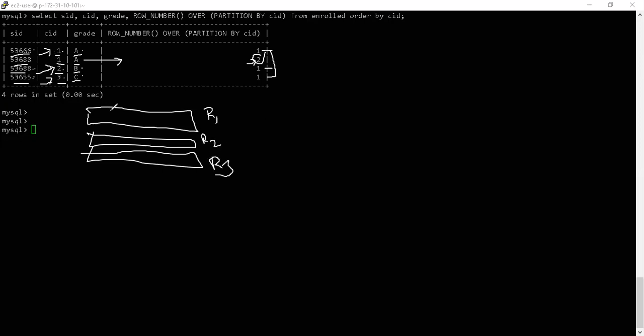Then the combination of these 3 columns which you have in row number 1 never matches the ones in R2, which will never match with R3, and so on. So there is nothing common between R1, R2, and R3. That's why they are grouped as one partition. The second partition is where there is at least one value, which in this case is the student ID, which is not the column that we have used to partition it, that has a different value. The course ID may well be the same as the other one. The grade may be the same as the other one. But because one value has changed, it has now put it into a different cluster.